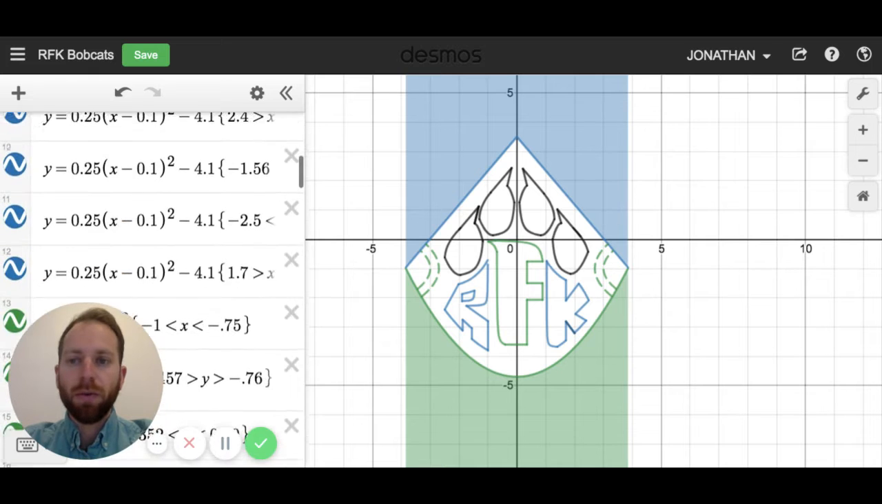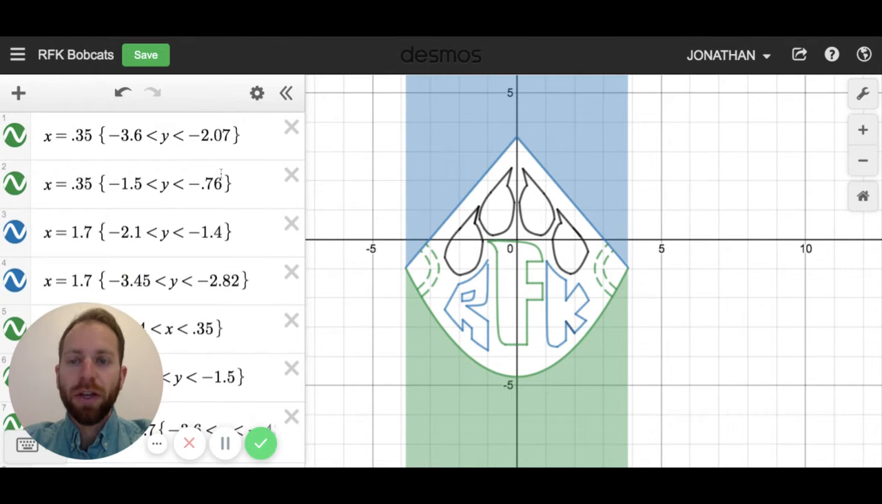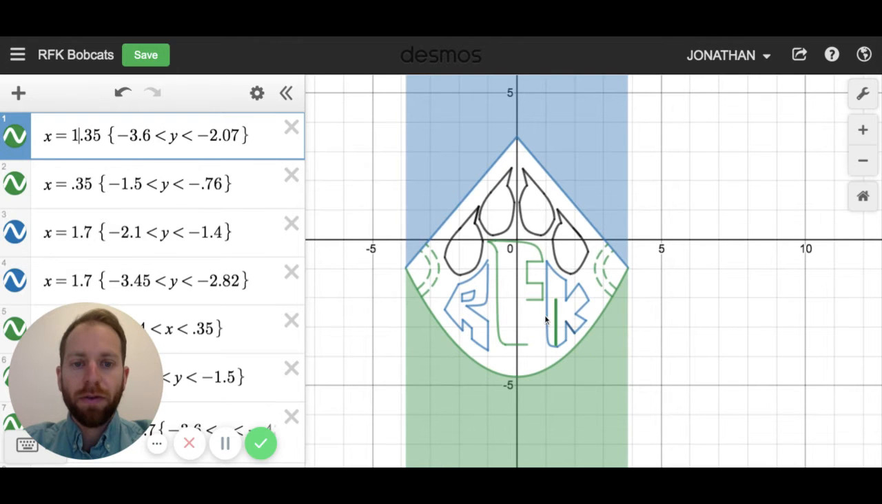So I'm going to take you through some of the different types of the equations and show you how I knew to use those equations in order to create this logo. So the first thing that I did was I looked for any vertical or horizontal lines. So as you can see, there's a vertical line right here. So I use the equation x equals 0.35 because whenever you have a vertical line, the equation is x equals something. So as you can see, if I make this x equals 1.35, that moves it over here to 1.35